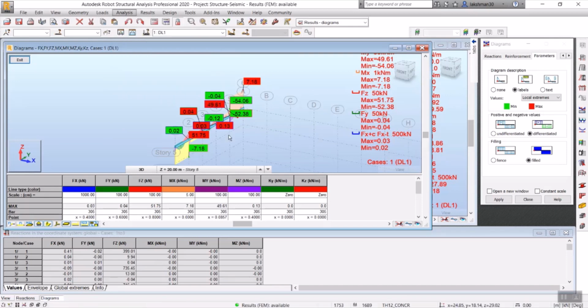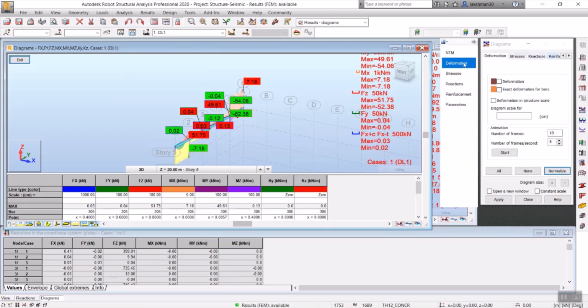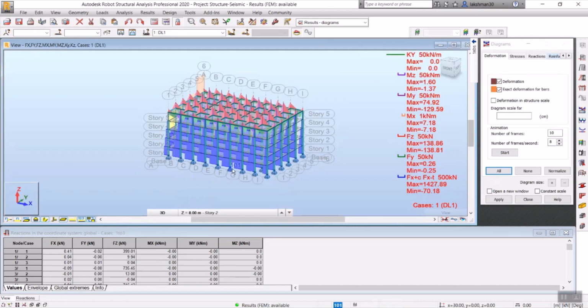Here we saw the bending moment and shear force. If you want to see the deformation or something like that, all kinds of results are available here. For foundations we'll have reactions, so to know the reactions, we will take one column.